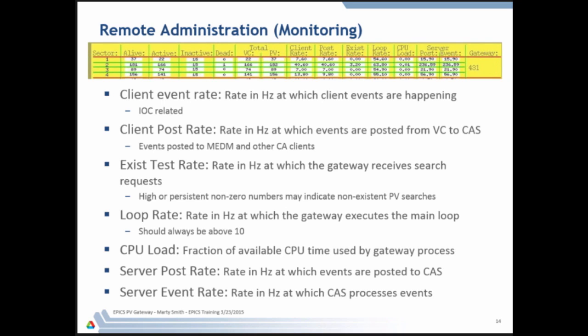The loop rate is the rate in hertz at which the gateway executes the main loop. This loop rate should always be greater than 10. Typically it's less than 100, but these numbers vary. I got some 50s and 60s here, and I don't really pay too much attention to that. I pay more attention to the CPU load and these client event and post rates, as well as the server